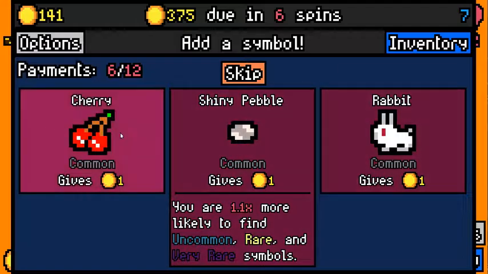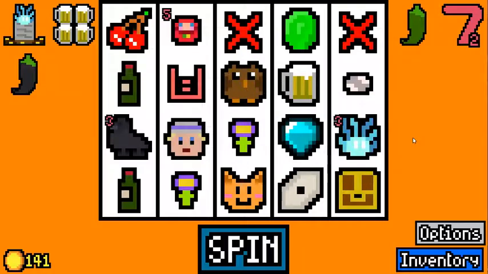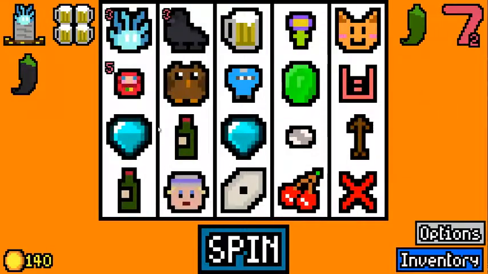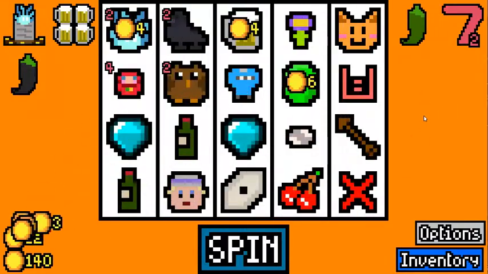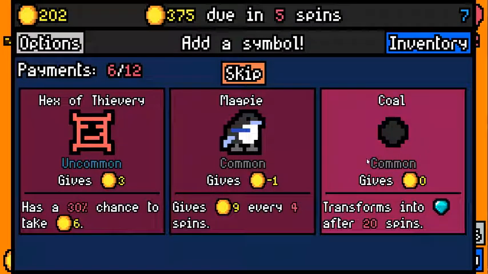Alright, that's 42. None of these are good for us. Alright, 42. Ooh, this is a really big payout. 62. 62 is perfect. Now, does that give us the time to pick up another coal? Because I kind of want another diamond, but I might not get to do that. Divided by 5,